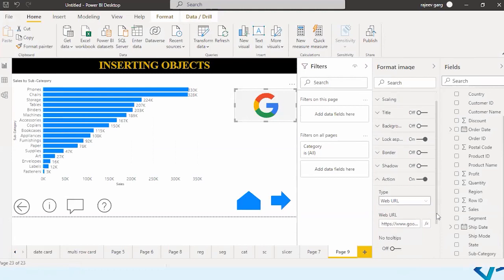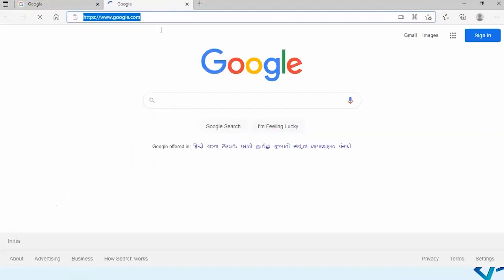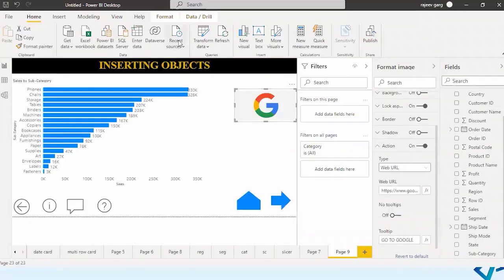Here it is. Right. If you want to give any tooltip, you can say go to Google. Now you move your pointer over here and you get the tooltip go to Google. Let me click on this and see, it will open Google for you. So this is known as a URL action.